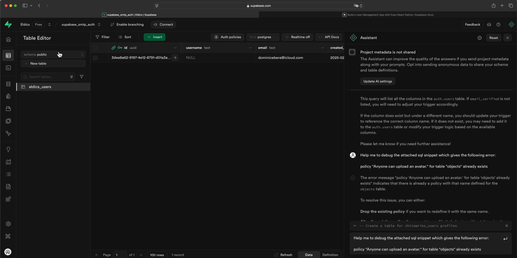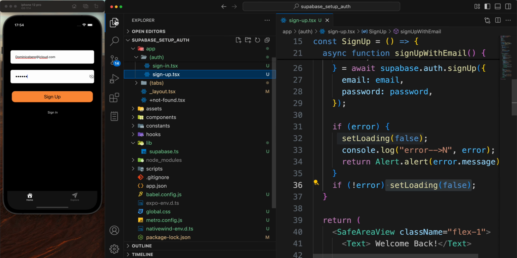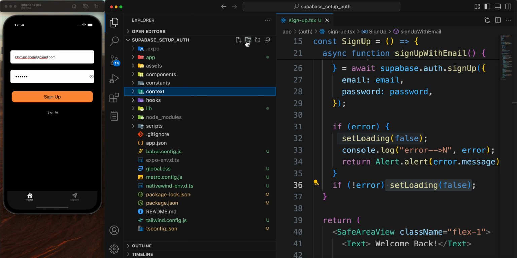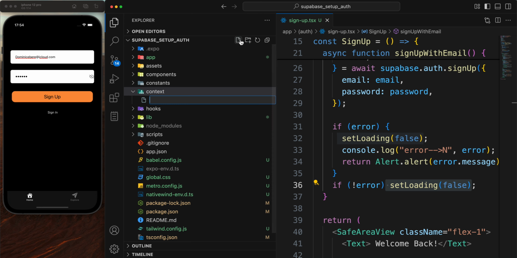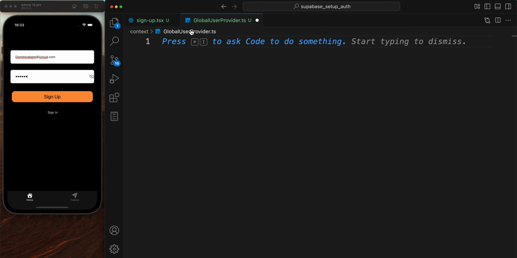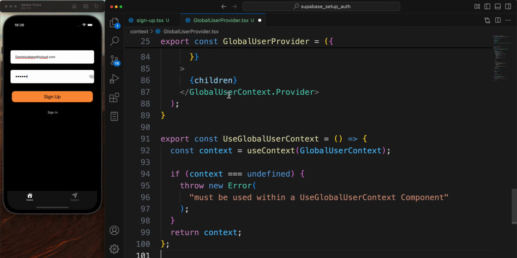So let's do that, and I'll come to my VS Code right here. And for us to do that, I'm going to come right here within the application itself. I'm going to create a new folder and I'm going to call it context. So I want to create a context folder, and within this context folder, I'm going to have a provider file. So GlobalUserProvider. So this is where we're going to be having the code that will enable us to store our user and session like so. And in fact, we're supposed to name this GlobalUserProvider.tsx. So let's rename, because we're going to be having some JSX within, and we're going to have all of this code right here inside of our